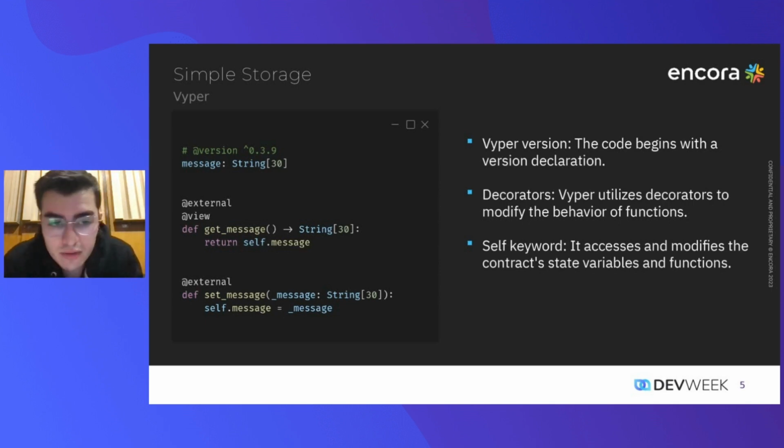As you can see, Vyper uses decorators to define the access modifiers of a function. You can see external and view, which define that the methods are externally called, and the view decorator declares that it doesn't consume any gas. The self keyword is also really self-explanatory. It is used to call internal functions and also to call state variables. So yeah,